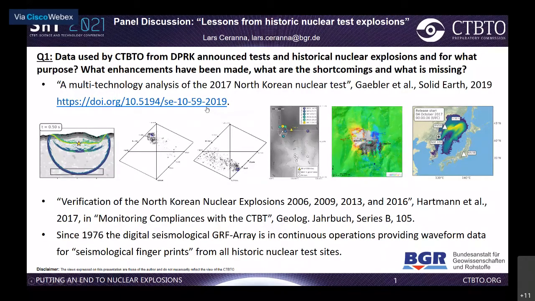And here we make use of not only the IMS data. As an NDC, of course, we have these degrees of freedom to also consider other freely available seismological stations. So this is what we have done, and for a relative location, which provides an interesting picture similar to those which have been shown by the official North Korean when they closed their test site. And here the other picture shows the results of a differential InSAR, interferometric synthetic aperture radar picture. The red colors mark an uplift, and the blue colors mark a subsidence. It's more than 10 centimeters here for this Mount Mantap, which is gray. Here you have really extremely high uplift and subsidence, and also we analyzed